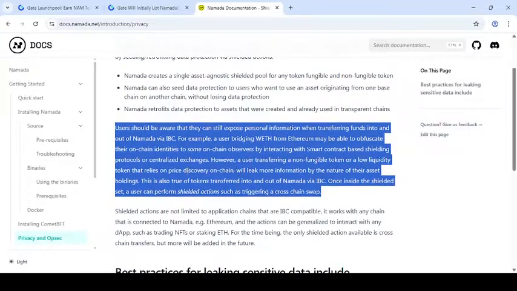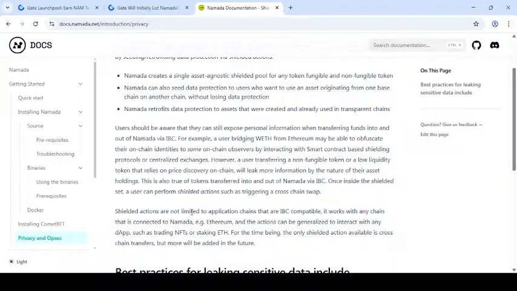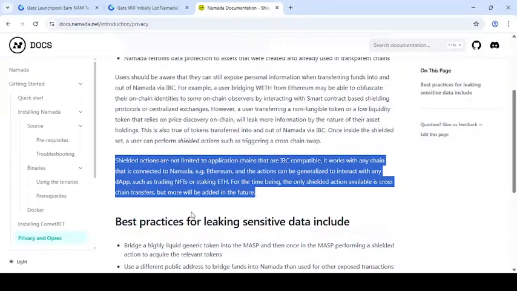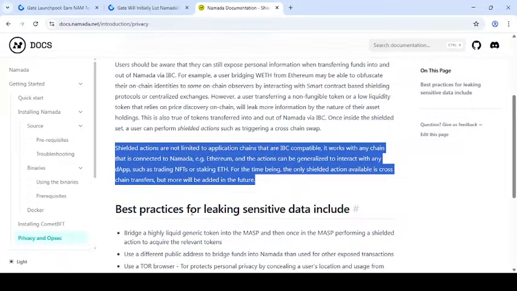And the auto assist, and as you can start from sales and action search pressing cross exchange swaps, the sale actions are not limited to application sense and IBC compatible each auto missed and change that is connected to Namada. The interaction with any DApps as a trading. The striking cities are available across chains and transportation.